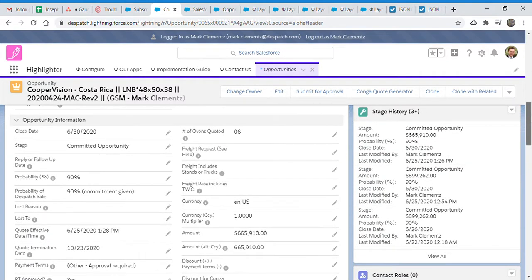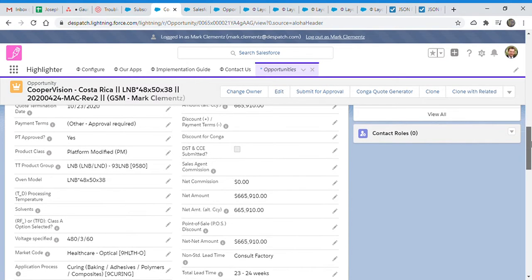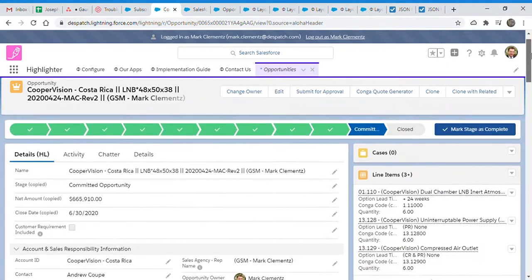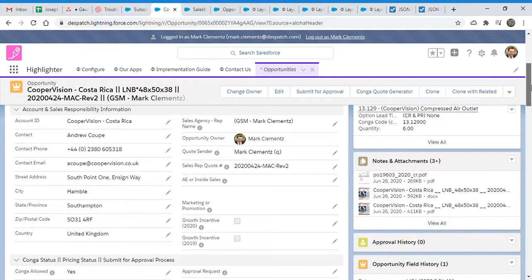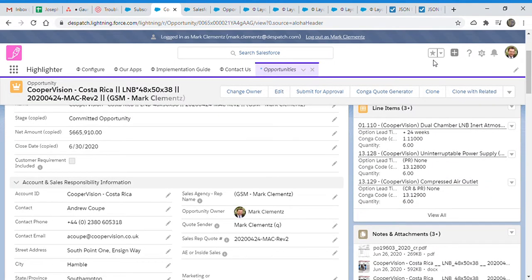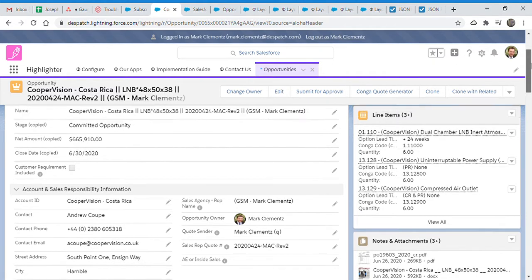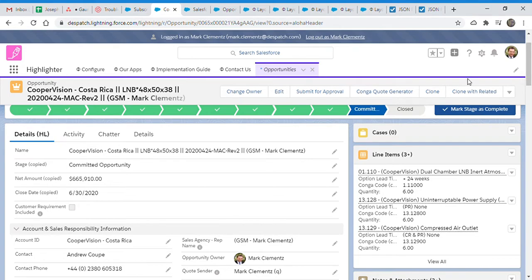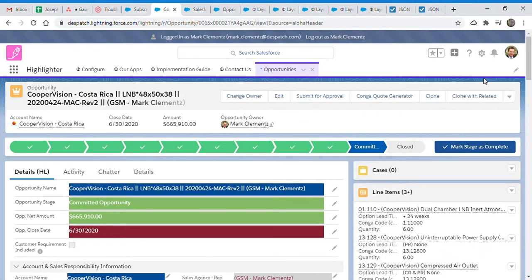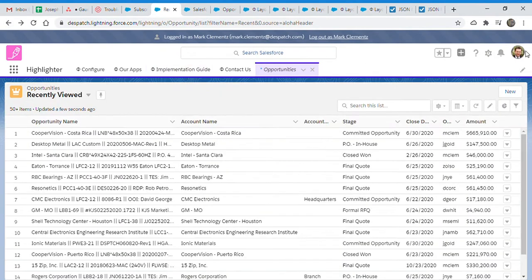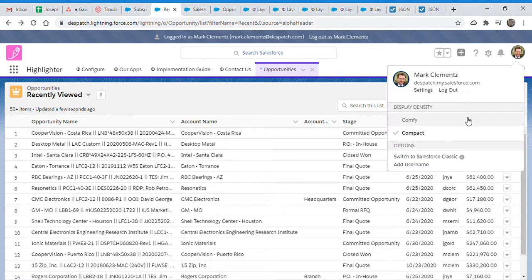So there are a total of three keys to get a layout: the object name, the user profile and the record type. So three things are there to show the layout. Okay, so let me go back to the classic version. Okay, so in the classic experience,